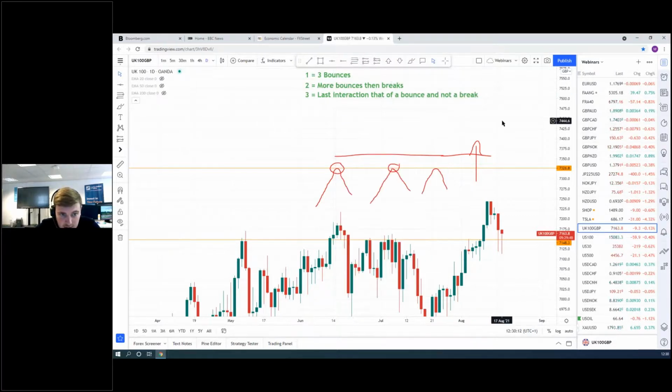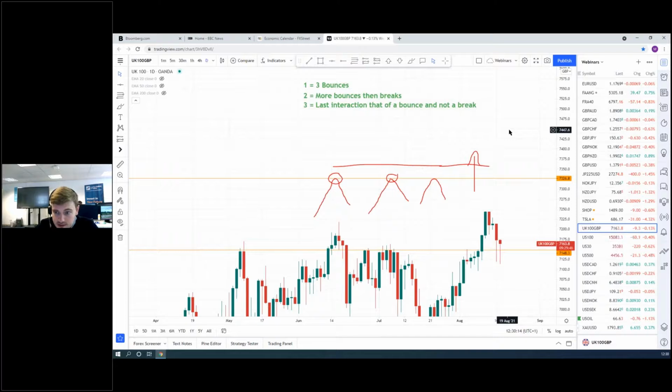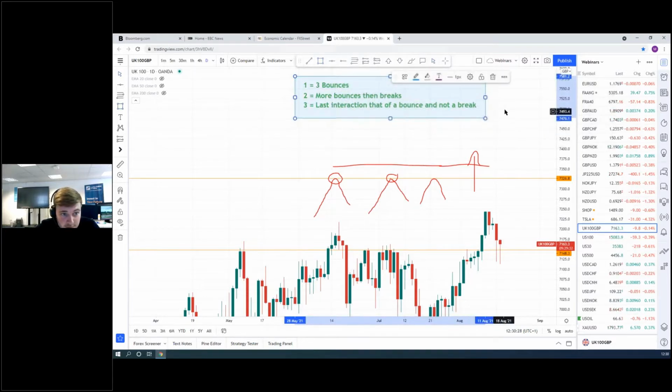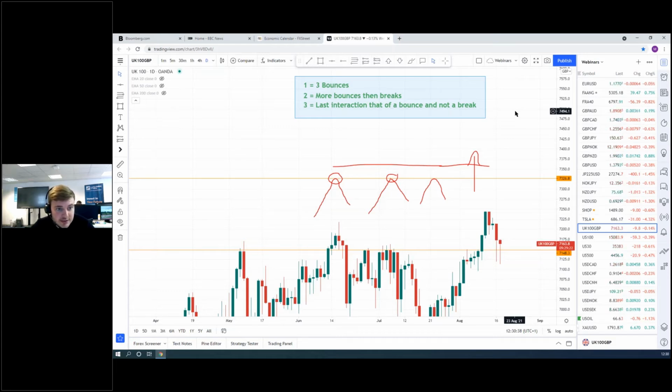So for the new starters, still learning about support and resistance, you may think you know support and resistance because you did a quick lecture on it last week and plotted a few levels, but you need to keep practicing, learn through repetition. These three rules are going to save you time. They're going to save you putting on bad levels, and they're going to keep you from trading around bad levels. Once you ask yourself those three questions for every